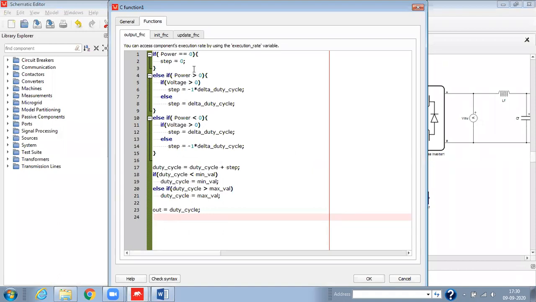Now I'd like to discuss this code. First we are defining the condition: if power, that means the power representing the change in power, is initially equal to 0, then the step will be 0. Then an else if condition is defined, where we observe the incremental change in power, and whether the power is going to increase or decrease, because if you observe the PV curve,